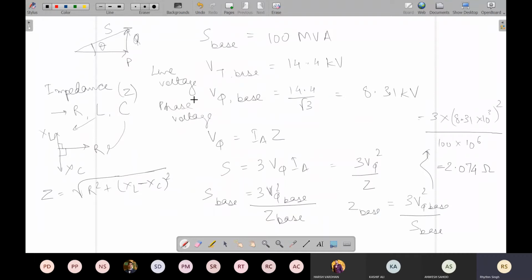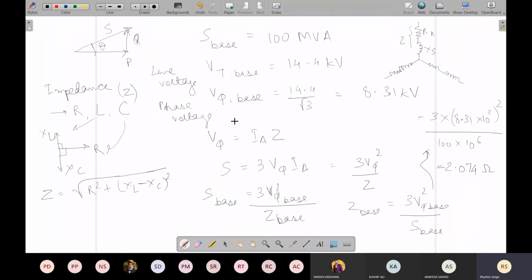But we want to convert it to the phase voltage. Why? Because this Z is always defined per phase. So you can think of it like this. There are three windings. The windings are like this. There is some RA, there is some XS. That is one phase. Then another phase has similar quantities, RA and XS, and the same way the third phase. Each one has some RA and some XS. So overall, it has some impedance which you can estimate from this: it will be nothing but the square root of R square plus XS square.